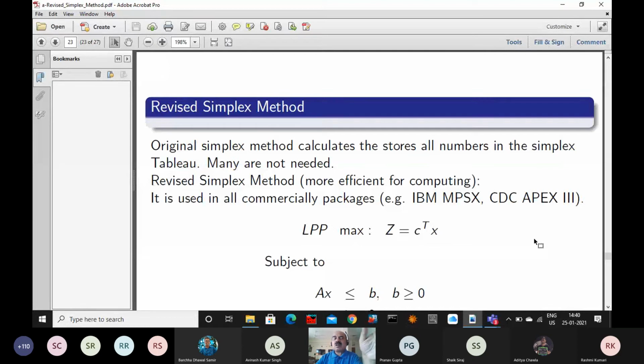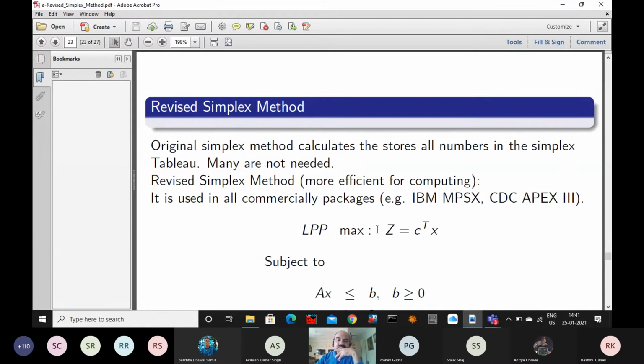For discussion's sake, I am considering only linear programming of the maximization type. You can also solve the minimization type, with artificial variables, slack variables, surplus variables, any variable. But what we are discussing is how to implement and how to proceed. So I am considering a maximization problem with only slack variables. If there are surplus or artificial variables you can also solve it, but that is a different case, and here we are considering a separate case.